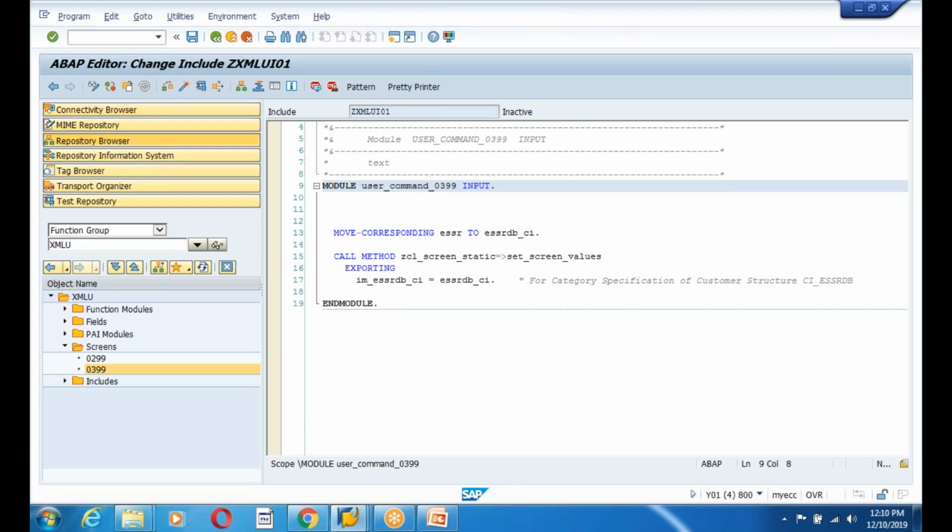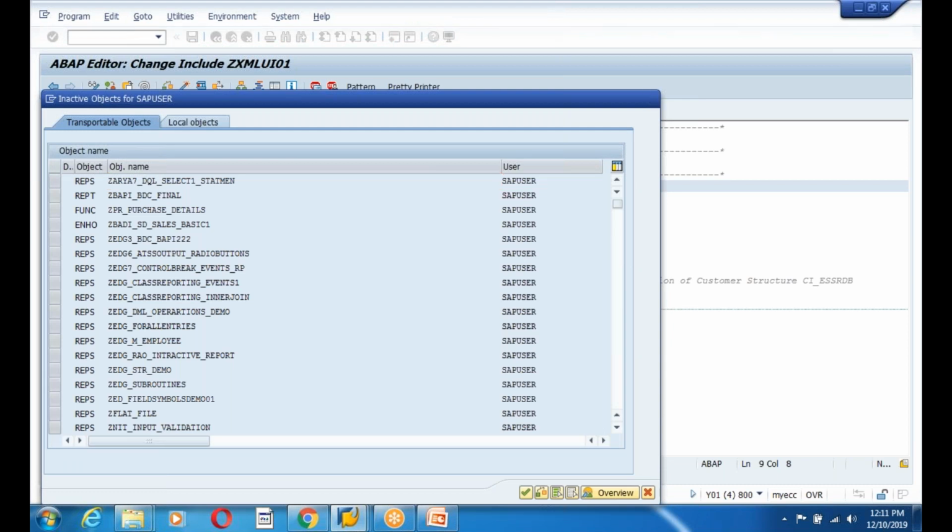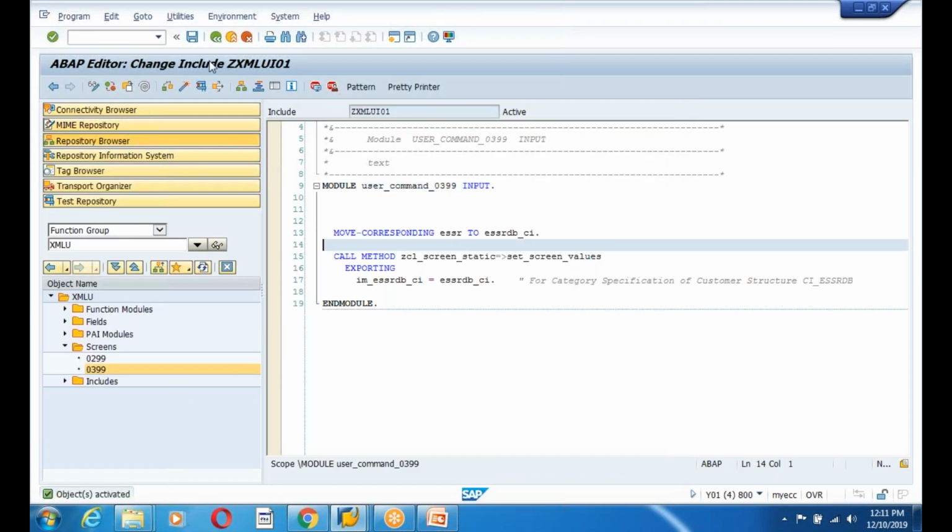Activate this now. Okay, I set the value. After you set this value,